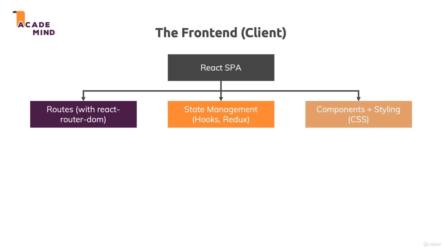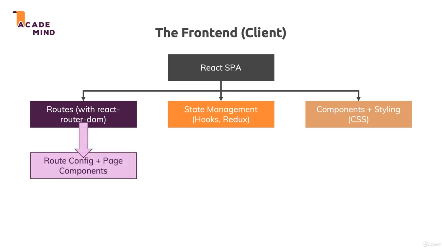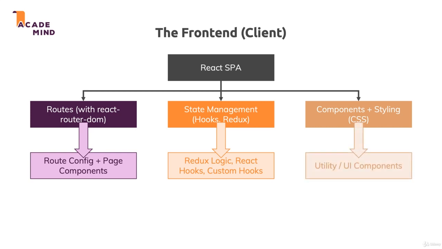Now, as I mentioned, for the routing, we'll use React Router DOM, and there we can basically set up a route configuration and then define which React components are rendered for which path. We can implement state management with React hooks, with our custom hooks, which we'll also build throughout this course, or with Redux. And for components and styling, we will build in this course some utility and UI components,